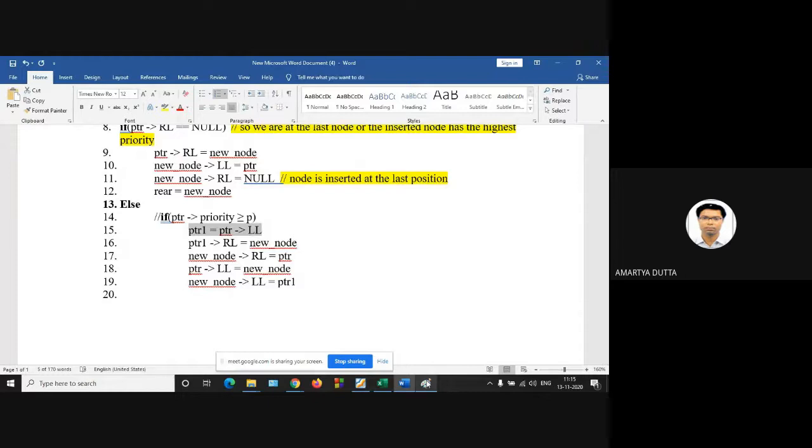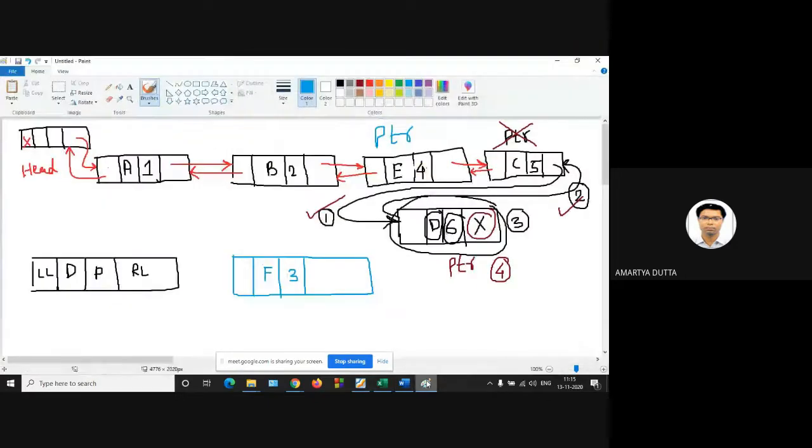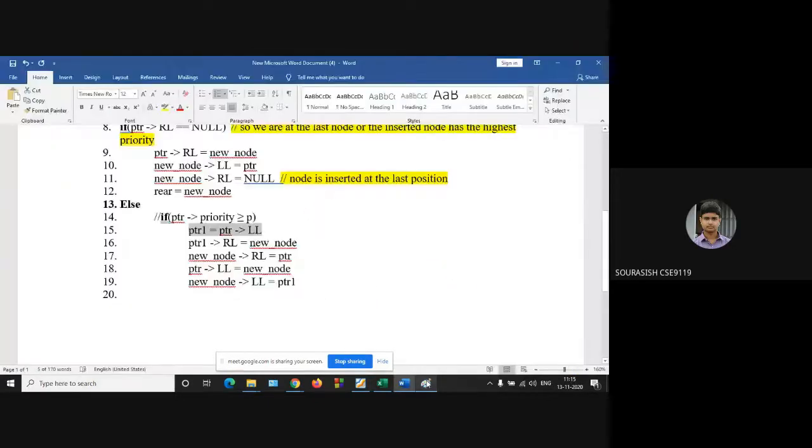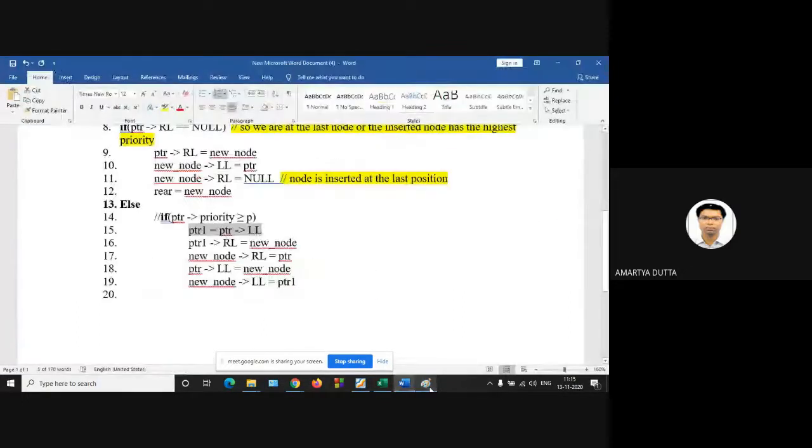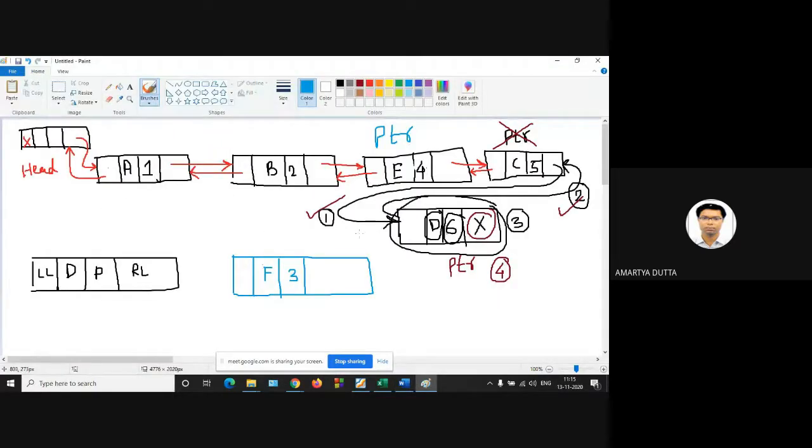PTR's left link is now PTR1, that is B, and PTR1's right part is new node. So B's right part is now F. So omit this one, and create this one. Is it right?